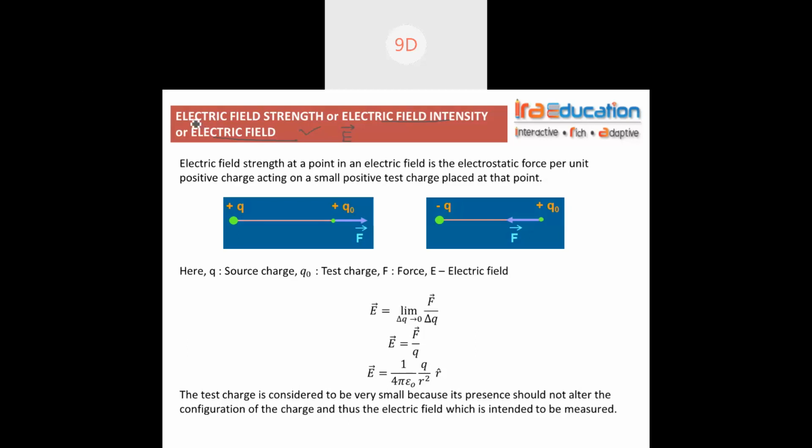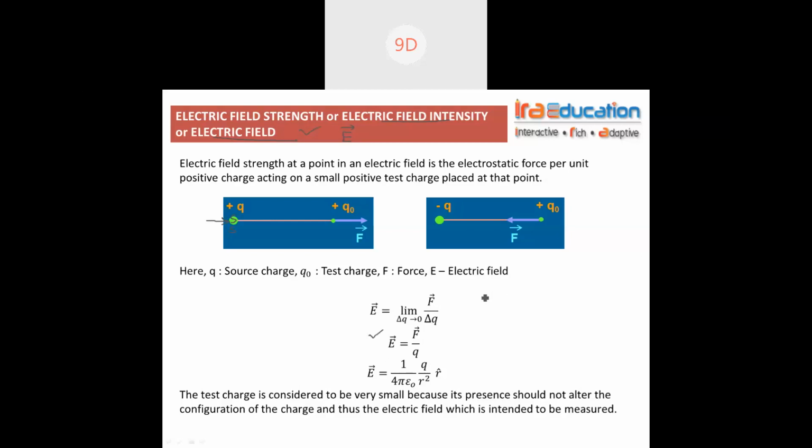So now, what is the meaning of this electric field strength, electric field intensity? I had described it in the last class using different forces. F1, what happens? F2, what happens? Basically, our source charge is fixed. All we do is change the test charge. When we change the test charge, the force changes, so we are saying that electric field is the force acting per unit charge.